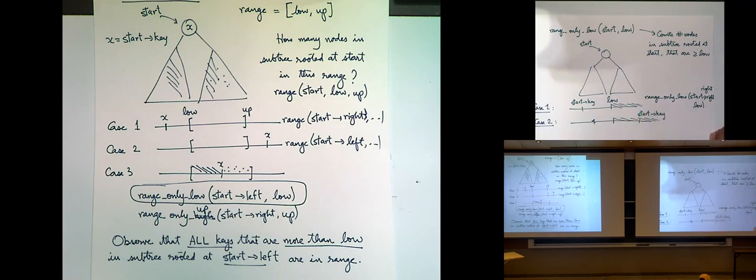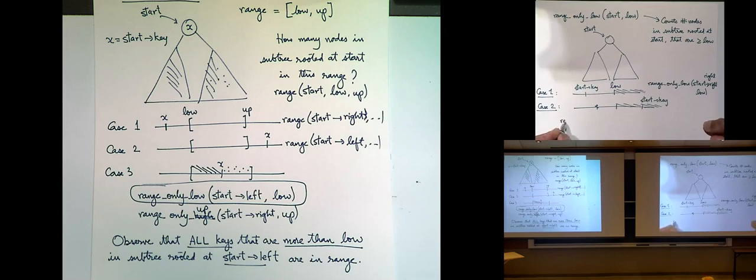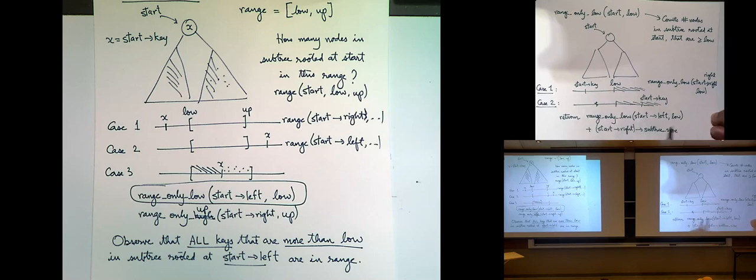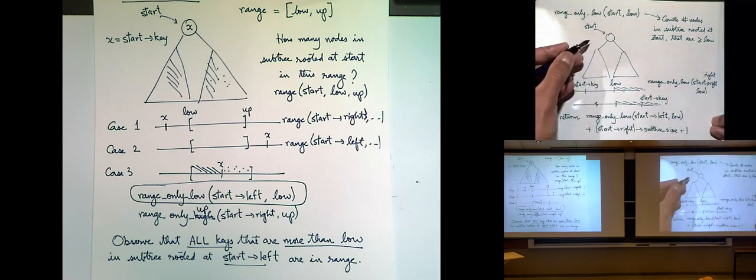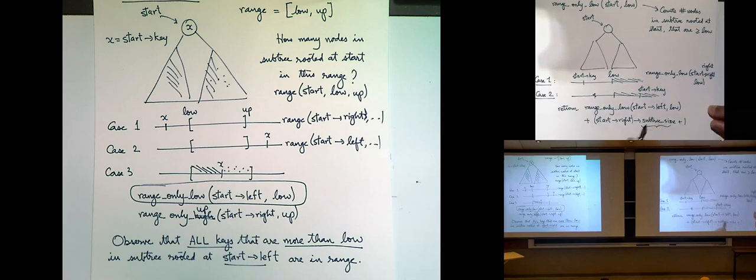So in case 2, here's what you're going to do. You're going to return range only low of start arrow left of low plus, I'll say start arrow right arrow subtree size. So I have a new field which stores the subtree size plus 1, and the 1 is because of start itself. Right? So this is a new field